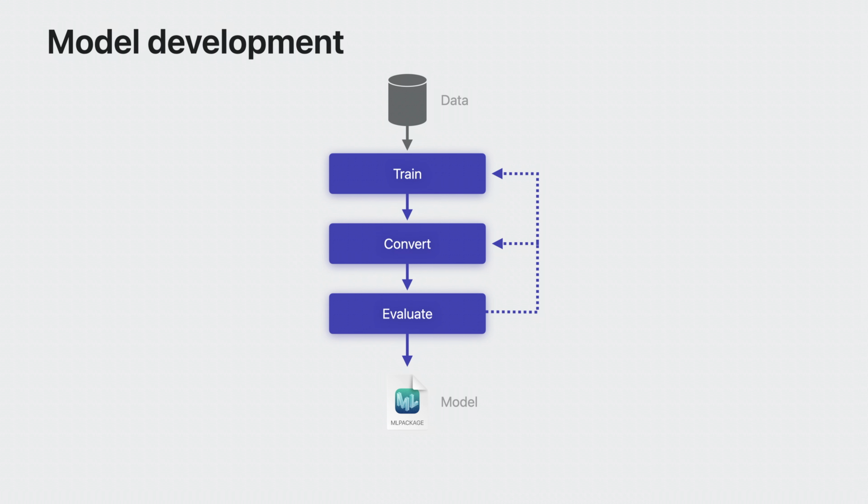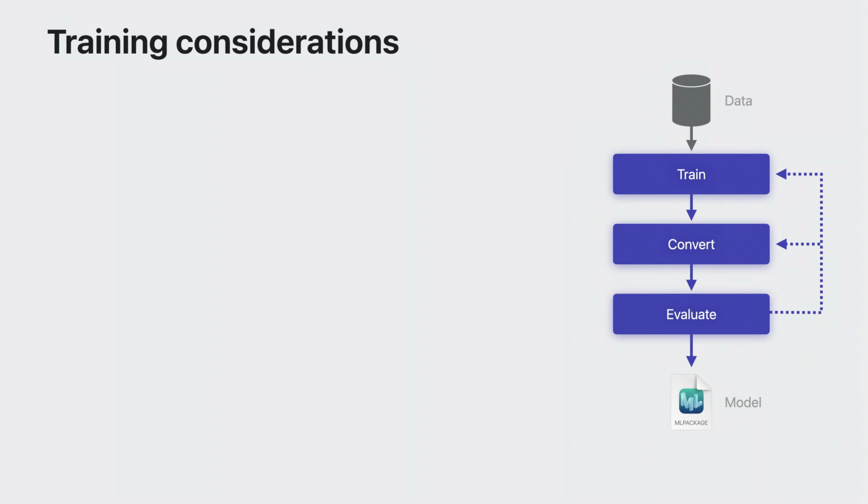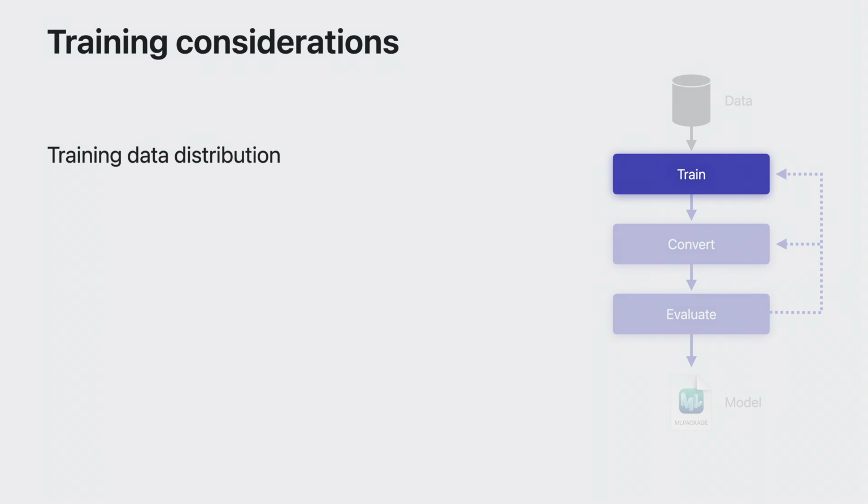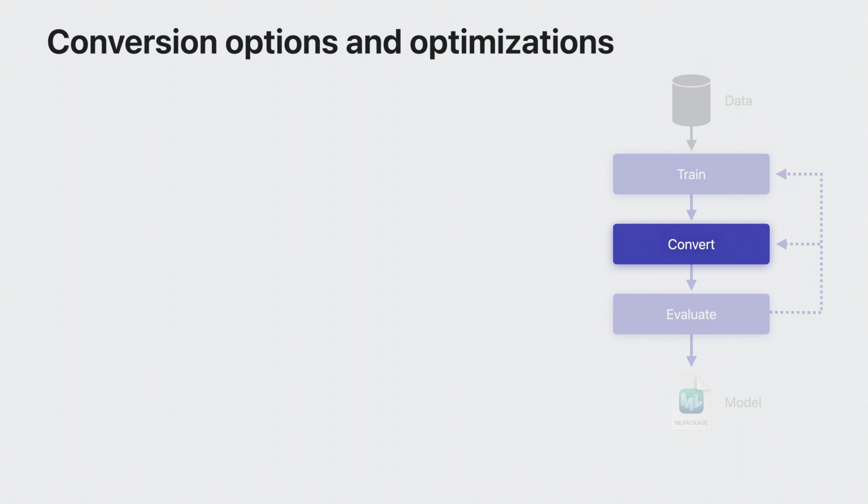There are many opportunities for optimization in these steps. For training, how you collect and choose your training data is important. It should be consistent with the data being passed to the model when it's deployed and in your user's hands. The model architecture you choose is also important. You may be exploring multiple options, each with their own trade-offs between training data requirements, accuracy, size, and performance. Many of these trade-offs may not be fully visible at training time and require a few iterations through the full development flow. Next is model conversion.